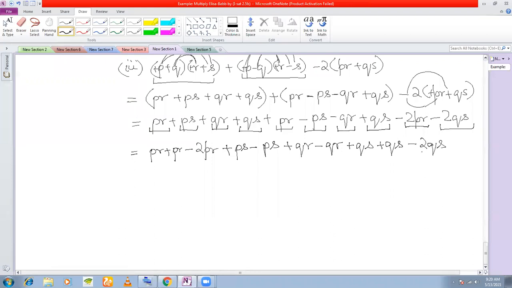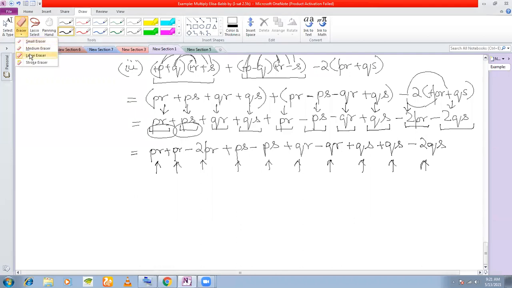Whenever you are rearranging the terms, I am giving all these signs. Please do not give signs. Even if you are giving, you give it with a pencil and later erase it. Okay. And do not forget to count the number of terms also. For example, here, how many terms you have? After rearranging, count the number of terms. 1, 2, 3, 4, 5, 6, 7, 8, 9, 10. You have 10 terms here, right? So do I have 10 terms here, or have I missed any term? 1, 2, 3, 4, 5, 6, 7, 8, 9, 10. Yes, the term count is okay. So I have not missed out any term.